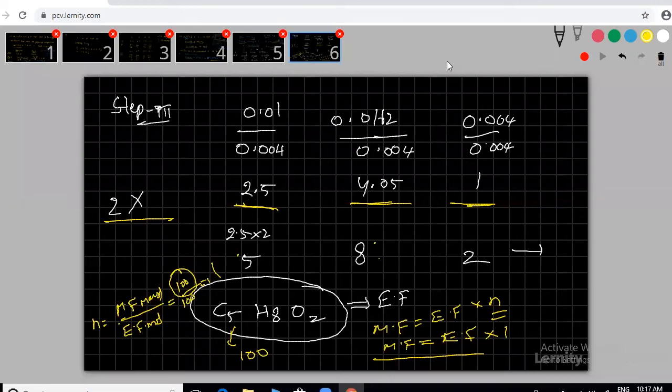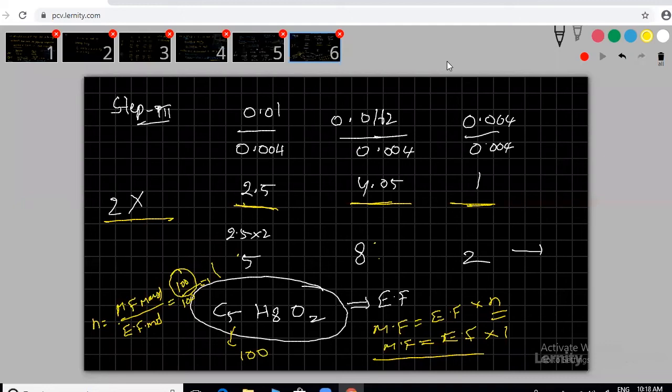That is step 1. Some students are asking, sir, why are we dividing by 12 and 16? Okay, we are first getting the number of atoms, or the number of moles, you can assume. The number of moles formula I'm going to give in the next step. So I have given how to calculate the empirical formula. That is the process. In that process, first you have to find the weight of each element, followed by dividing with their atomic masses, then you'll get the number of atoms they contain. If that is an integer, fine. If that is not an integer, again you can divide all the values by the smallest value.